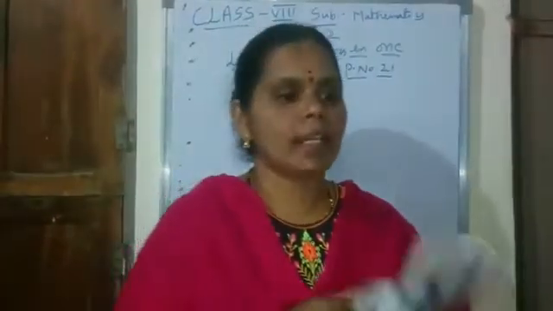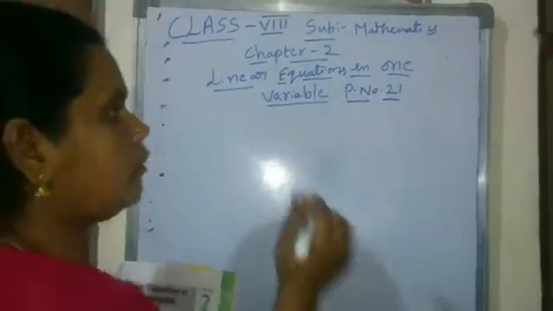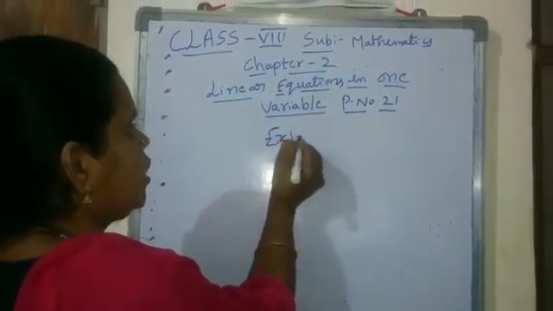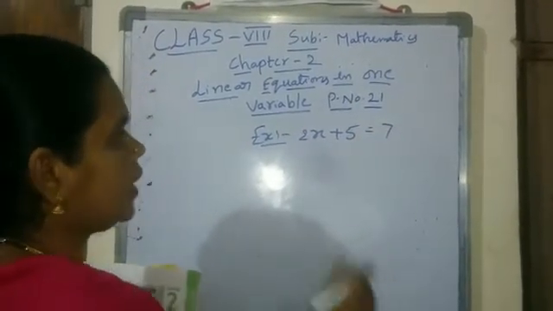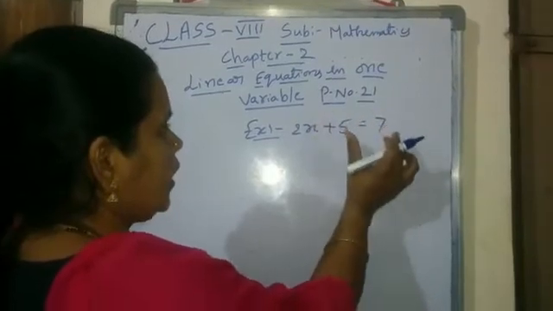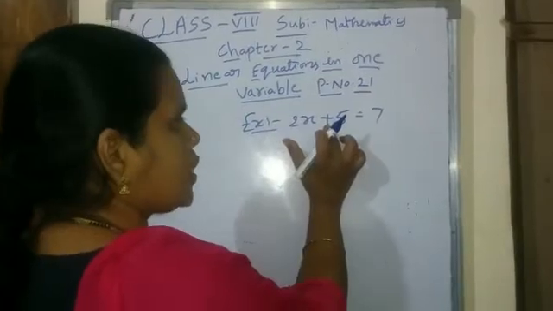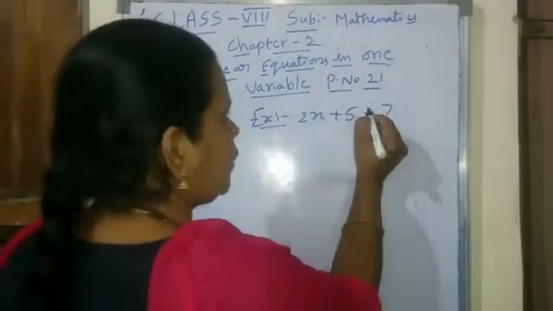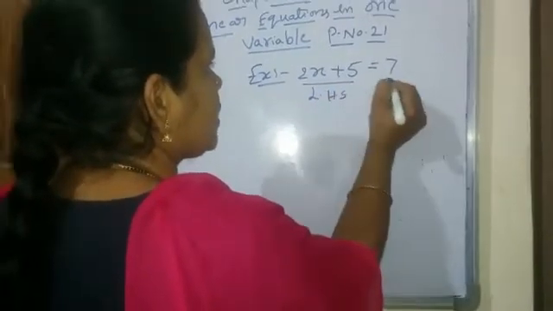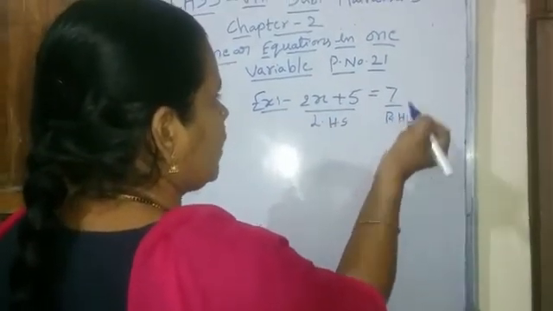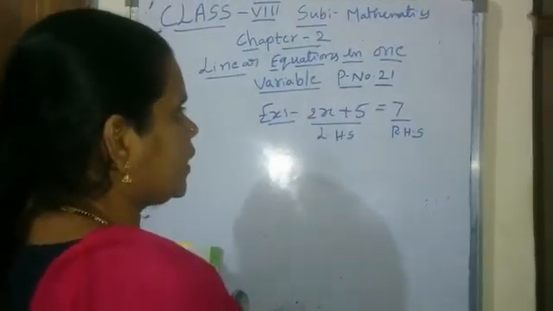Let us take an example, children. Let us take a linear equation. Children, don't write. First you listen, all of you. The example is 2x plus 5 is equal to 7. Now see, this is a linear equation. It is formed with constants and variables with the fundamental operations. Between the two sides the equality symbol is there. This side is called the LHS and this side is called the RHS. One more point, children: the exponent of the variable is not greater than 1.